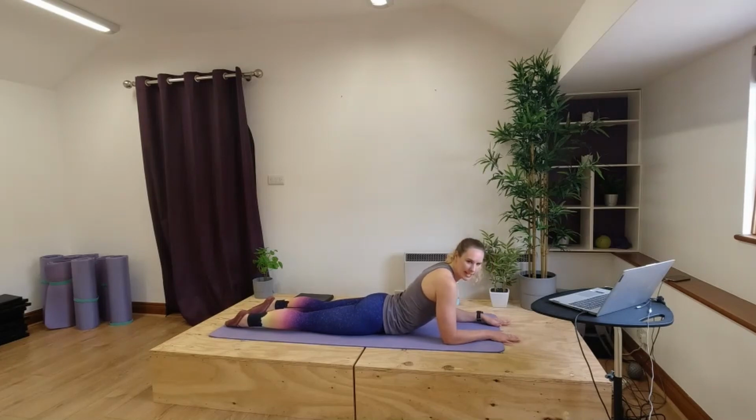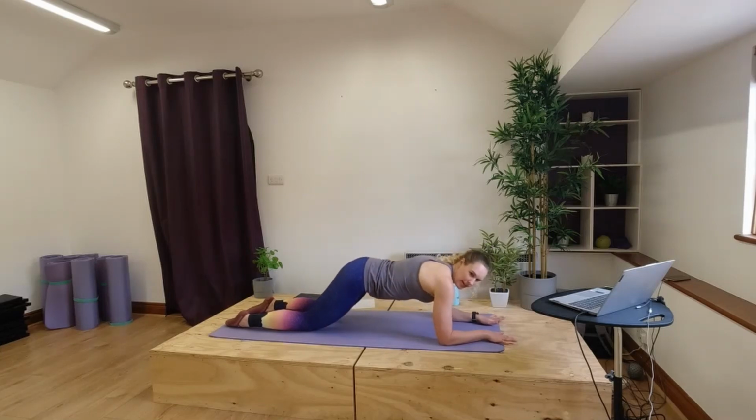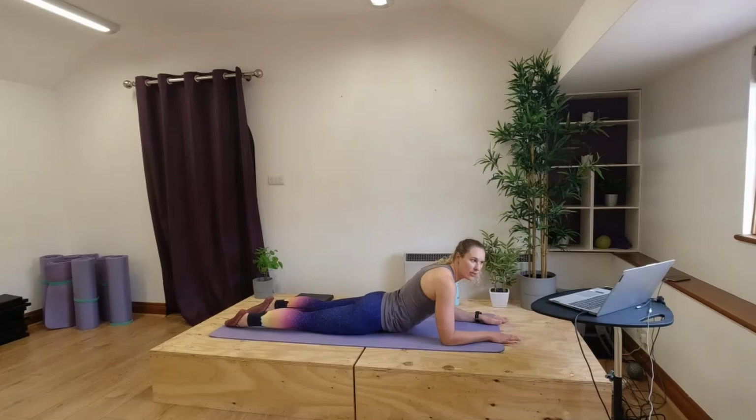So our shoulders are back and down. Again, trying to think about lengthening through our spine. You're really drawing into those lower abdominals for this one. Taking a breath in to prepare. And then as you breathe out, stay strong through those shoulders, really draw into that core, and we're going to lift our hips up. So we're coming into like a mini plank position on our knees. You're going to breathe in and hold,